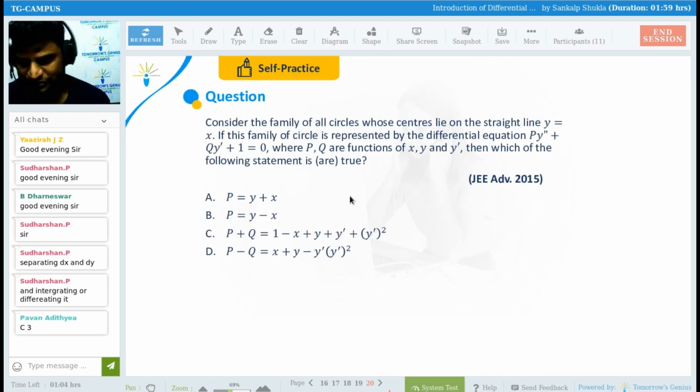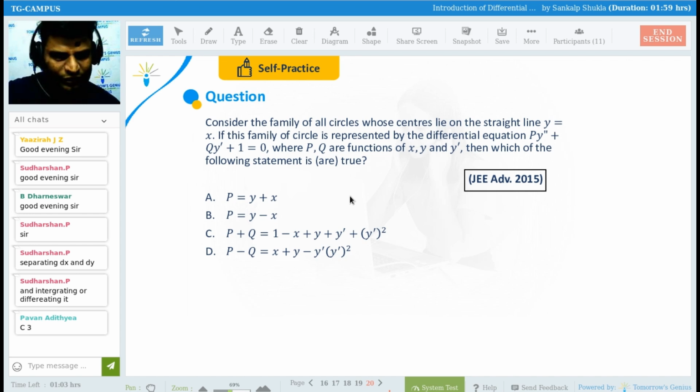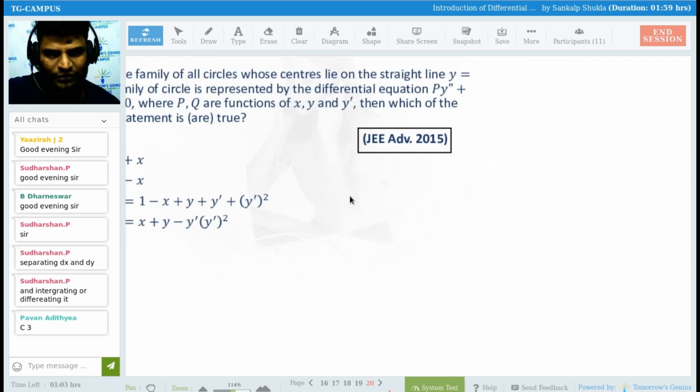Okay, now this one is a very interesting question, as you can clearly see, from JEE Advanced 2015. It's a multi-correct question. So consider the family of circles whose centers lie on the straight line y is equal to x. If this family of circles, okay, I'll give you the diagram also for that. The question is saying to me